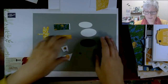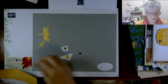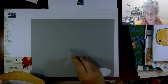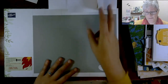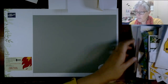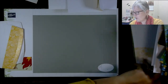My fingers aren't going to let me undo that. So with that said, let's go ahead and put all these little pieces back in our kit envelope. And this project is fairly simple, and a lot of it is you deciding and being creative on your own. So I am not going to make this fully for you. I'm going to show you a couple of tricks and tips, but other than that, I am really going to show you how I did one, and then show you kind of